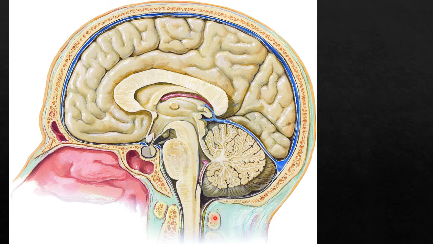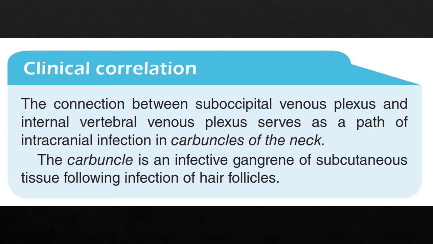Actually, here you can see this is the posterior arch of atlas. Just below this, we have to insert the needle. Just 2 centimeters, or 2 to 2.5 centimeters, we have to insert the needle. If it pierces deep, you are going to disturb the medulla oblongata, the lower end of the medulla oblongata, causing fatal effects. The next one is the connection between the suboccipital venous plexus and the internal vertebral venous plexus,